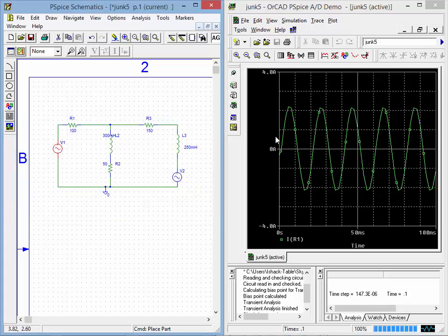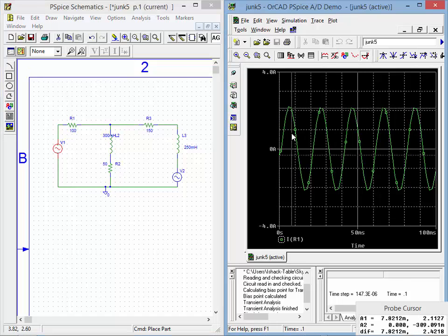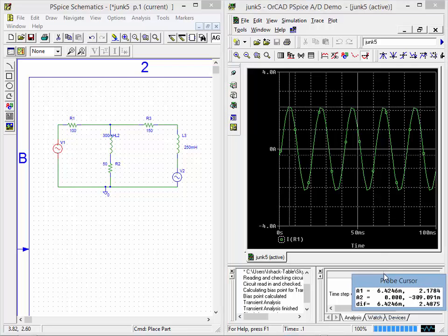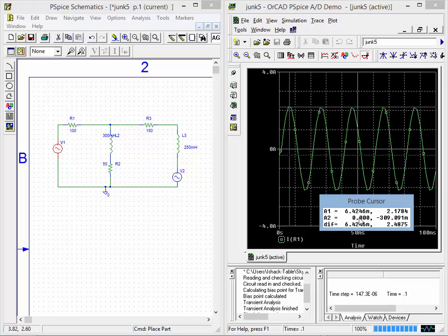So if we look at this here, let me just turn on the cursor, and let's go to the peak. Right there, we're seeing a peak value of about, it looks like 2.17 amps. So if we took that value,